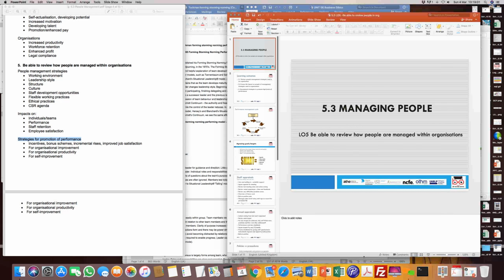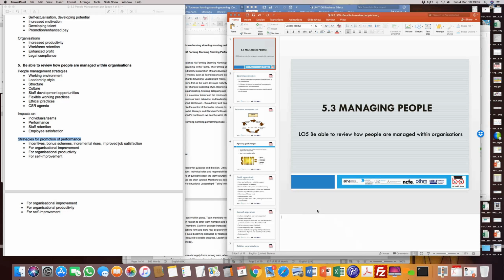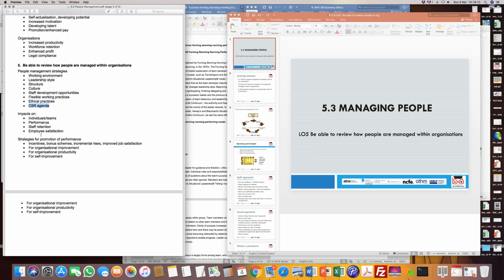try and do is go through one or two handouts which will cover some of these individual topics, things like CSR in particular, and then we'll look at a topic in terms of individual and team building and how that happens within organizations. And in the last, one of the key things that we will study would be how organizations review employee performance, and that will be through the route of staff appraisals or employee